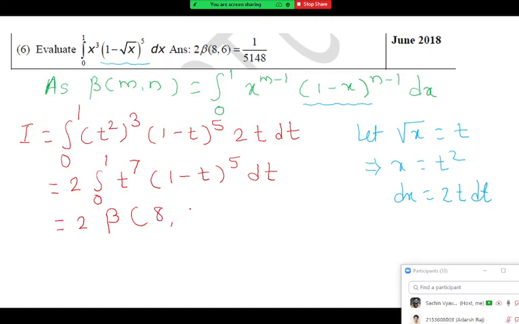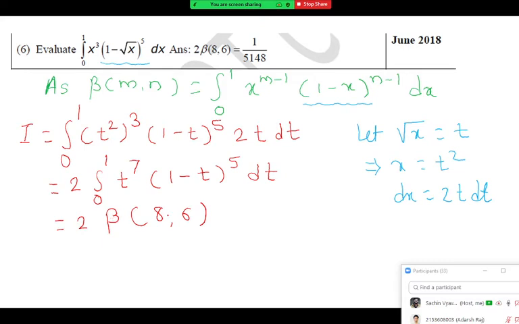So why was that much time taken? I don't know, it is so simple. You just have to add 1 to the power of t and the power of 1 minus t, and you'll get the beta. Now this will be our final answer, provided this question is for 2 marks. Whenever the question comes for 2 marks, you can keep that as the answer. But by chance, if the same question comes for 5 marks, it is expected that your answer should be in a simplified form, that is, in a number.